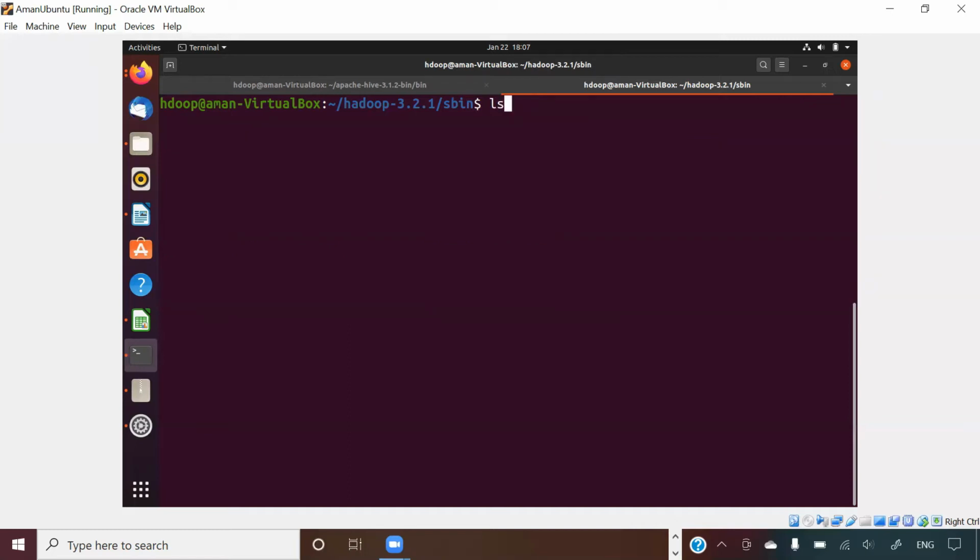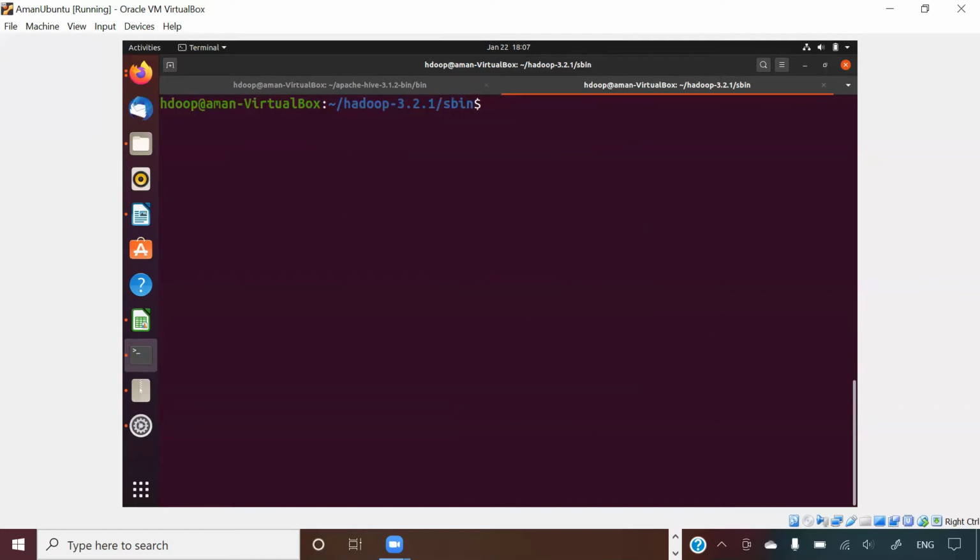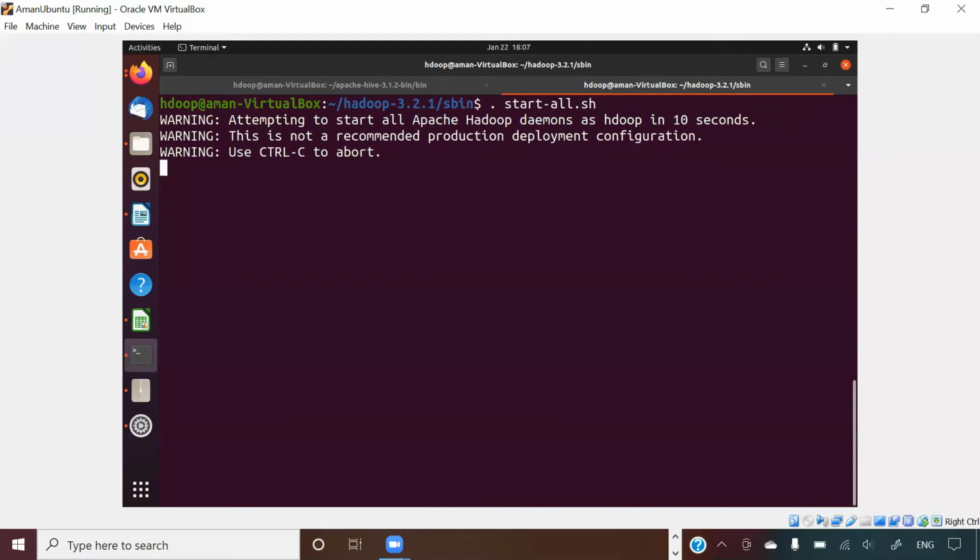In this sbin, you will see many sh files. start-all.sh is the file which we need to run for launching the different Hadoop components. Just say start-all.sh. Here I am launching different components of Hadoop, which means name node, data node, YARN, and all the other components of Hadoop.